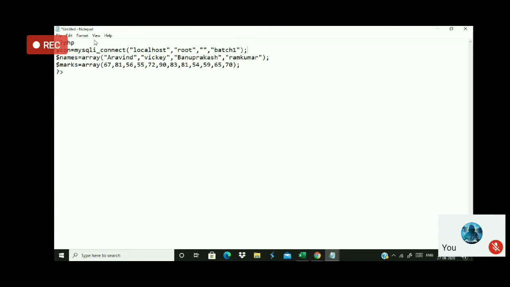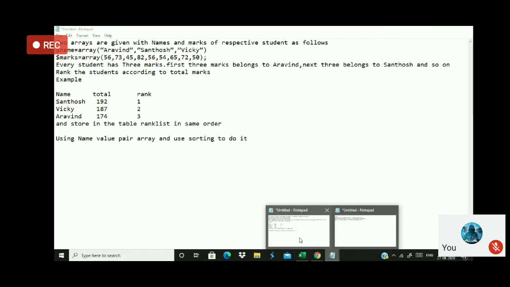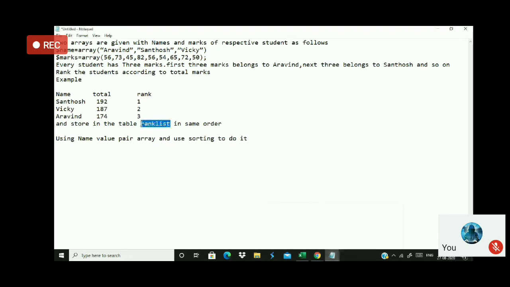Inside this batch1, I have to create the table. The table name is rank list, and the table should have 3 parameters: name, total, and, sorry, rank. These are the three parameters the table should consist of.